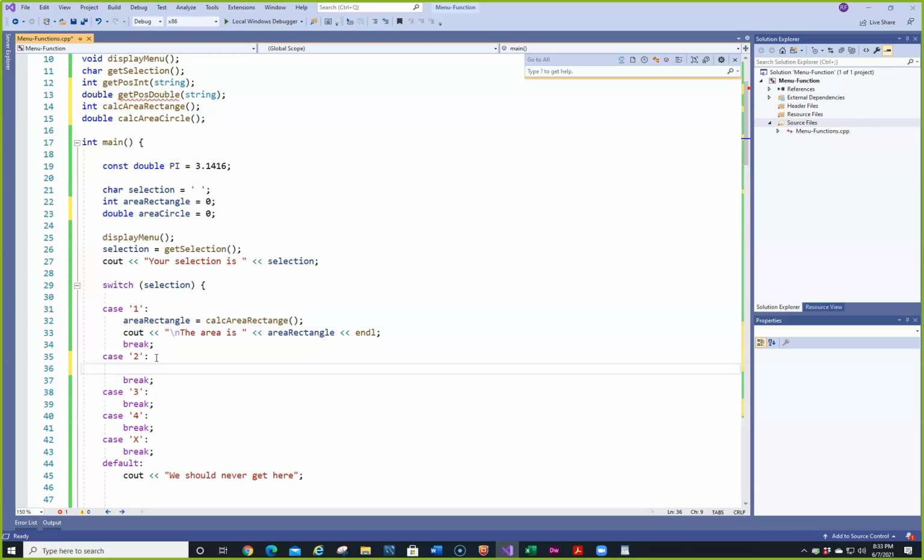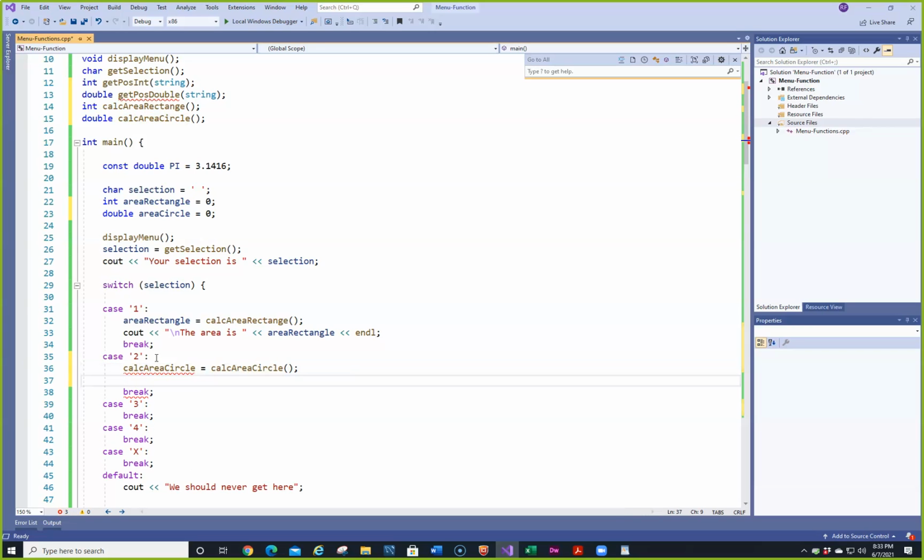So let's go in here and we'll do area circle equals calc area circle, and we'll do C out the area of the circle, and we have a typo. Circle is an area circle. And let's change this to